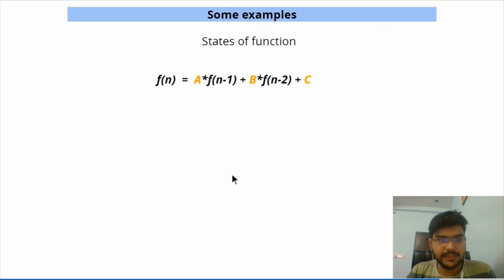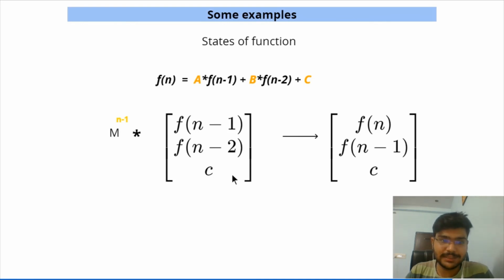So if we have an equation like this, fn equals a into fn minus 1 plus b into fn minus 2 plus any constant c, how will we multiply this? What are the vectors that we are going to form? If we have a constant c, then it will result in this particular vector formation, that is fn minus 1, fn minus 2 and c, because we have three unknowns in the RHS part that we need to find, and to find this we'll multiply it with matrix M, and then it will result in the formation of the k plus 1th state, that is fn, fn minus 1 and c, because c will result in a constant again, that is c, right? So the k plus 1th state of any constant will be some certain constant only, right?